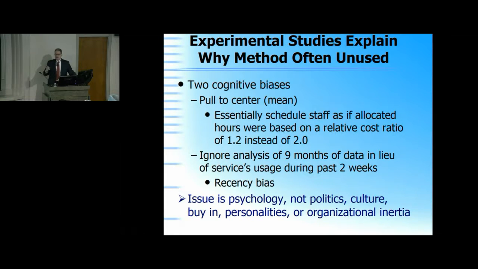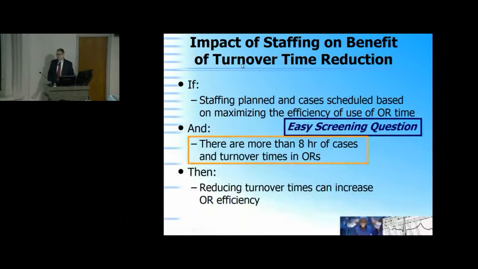And they don't. It is an issue of human beings don't do math in their heads. All right? It's everybody in an OR committee, they're all humans and they're not computers. That's the reason why organizations have trouble with OR management decisions. Right? So that's issue number one: if you want to get value from your turnover time reduction, your surgical time reduction, your anesthesia time reduction, you've got to plan the staffing based on maximizing the expected efficiency of use of